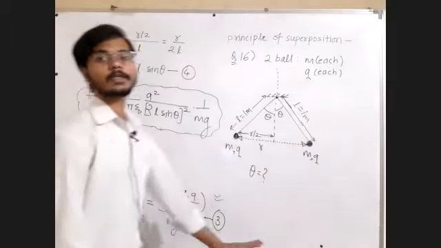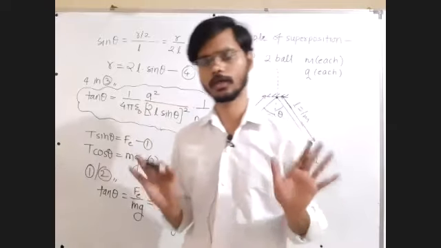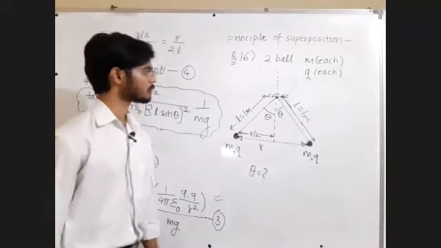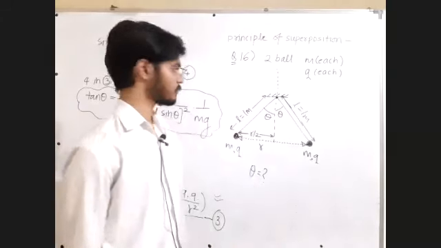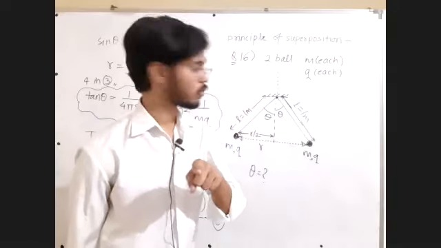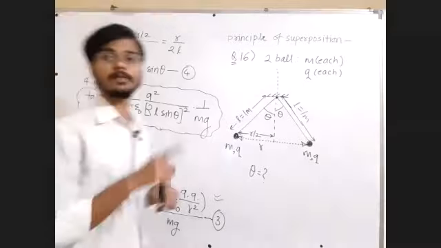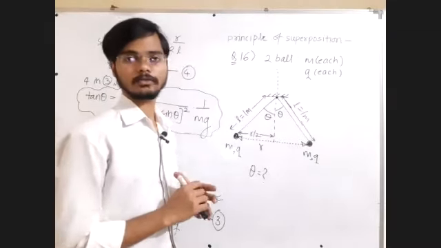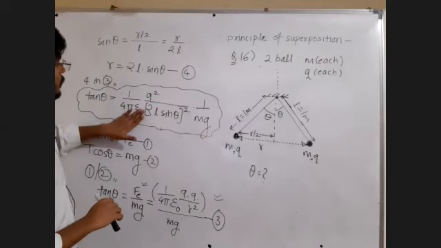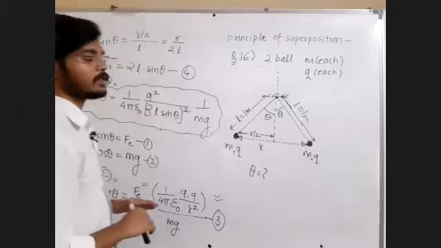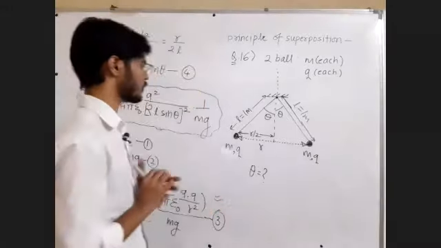Fine. So are the things taught in today's lecture clear to all of you? Coulomb's law we understood. How to find out force if there is vacuum? How to find out force if there is medium? What is the value of epsilon 0? What is the value of 1 upon 4 pi epsilon 0? What is the meaning of K, that is dielectric constant? Small k means 1 upon 4 pi epsilon. And capital K means epsilon r. Small k, capital K should not be the confusion.